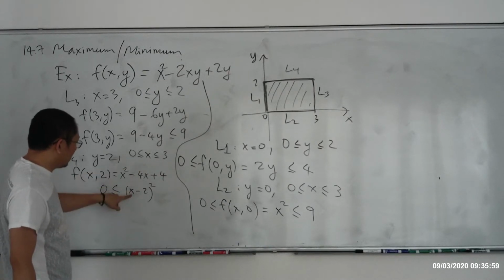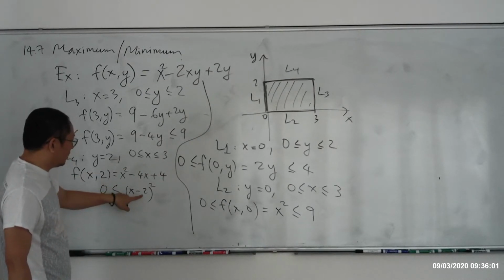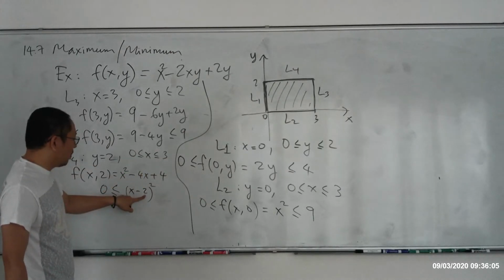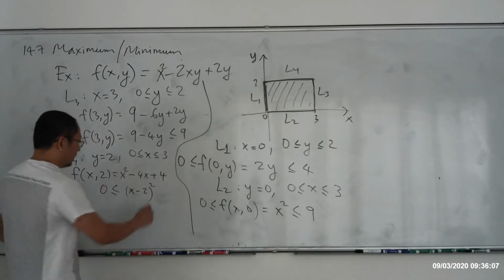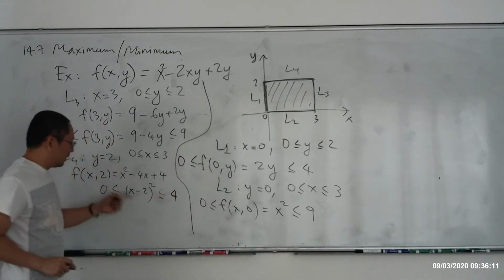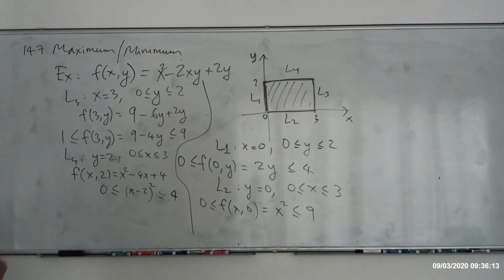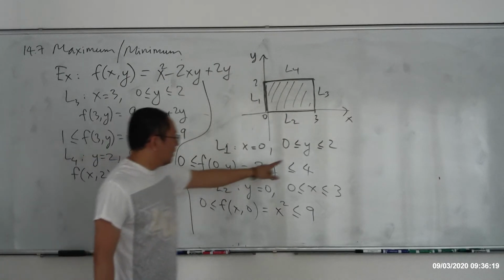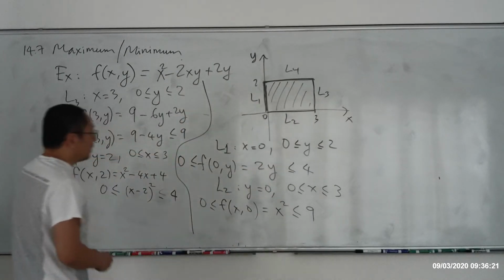When x equal to 0, you got what? 0 minus 2 is negative 2, squared is 4. When x equal to 3, 3 minus 2 is 1. 1 squared is just 1, so 4 is bigger. This is between 0 and 4. Okay, so solving for the 4 lines, you see what out of the math, 9, 4, 4, 9,